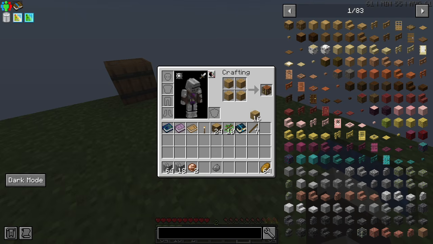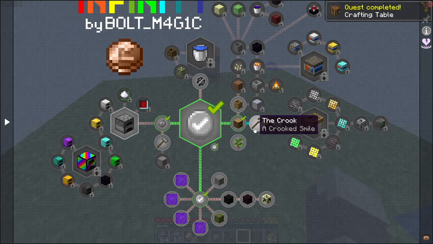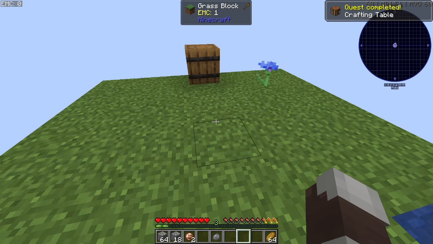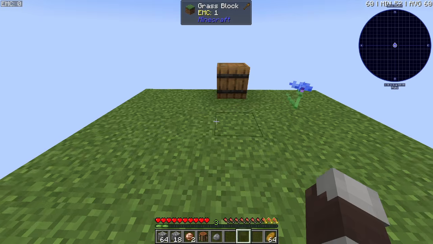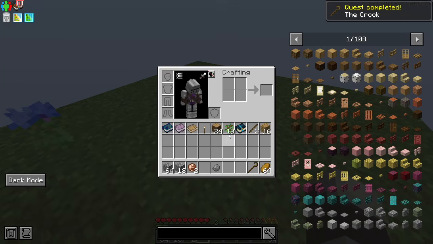So first things first, we will make a crafting table. There is no crafting station. I believe there is crafting table on a stick, but I never end up using it, so I'm not too concerned about it. We're gonna put this right here. And we want a crook. We can also make wooden rods from Armor Plus. I have no idea what they do, but